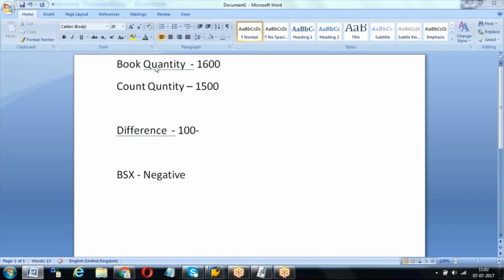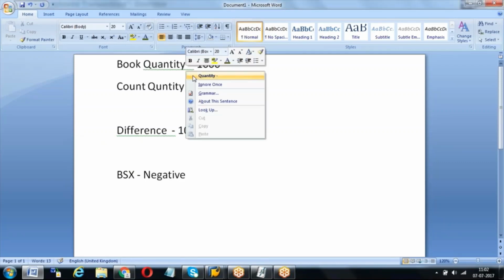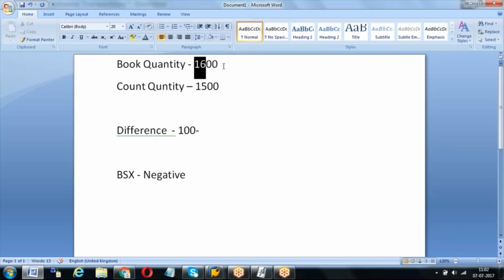See, you have done a physical inventory and your book quantity is 1600, means your system quantity is earlier available 1600, and the new count, which is what we went to physical and counted, is 1500. Then what happened? Earlier you had 1600 rupees, but now you got 1500 rupees. 100 rupees loss.